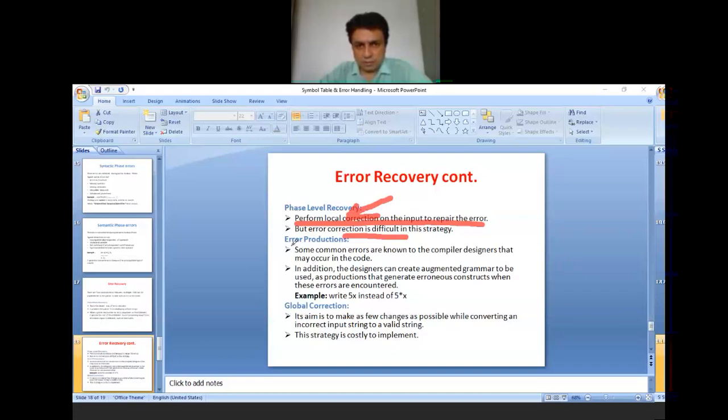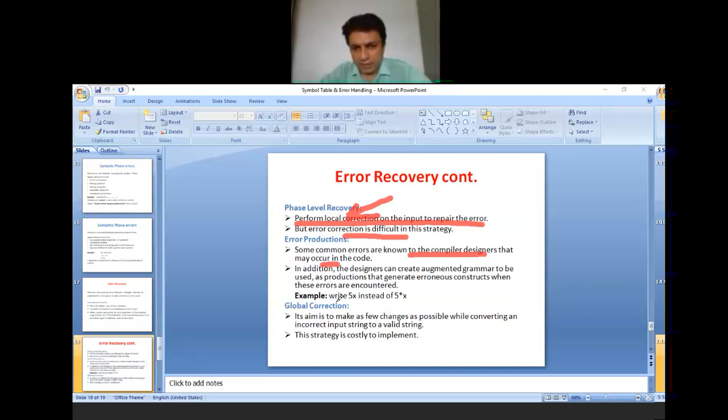Now the third type of error recovery is error productions. Some common errors that may occur in the code are known to the compiler designer. In addition, the compiler designer can create augmented grammar to be used as productions that generate erroneous constructs when these errors are encountered.